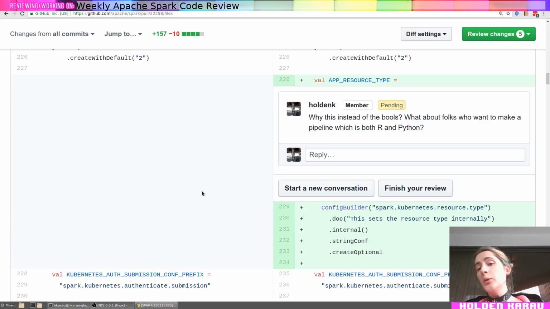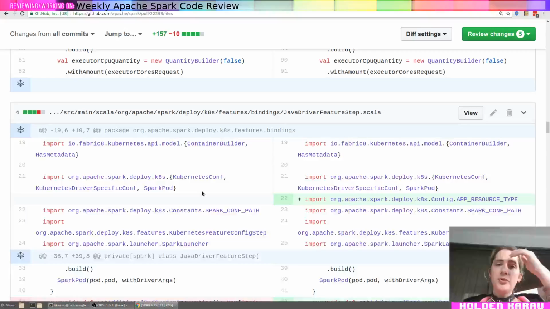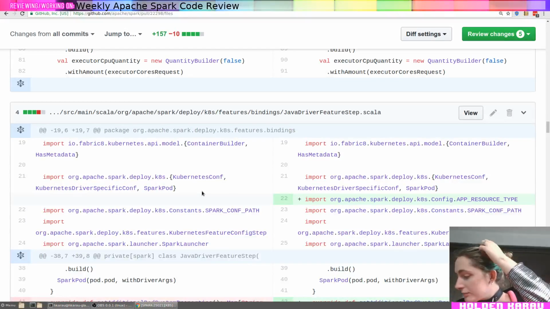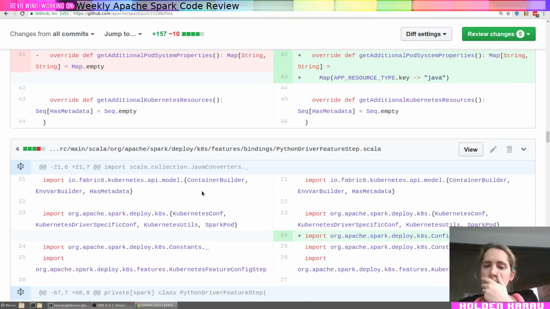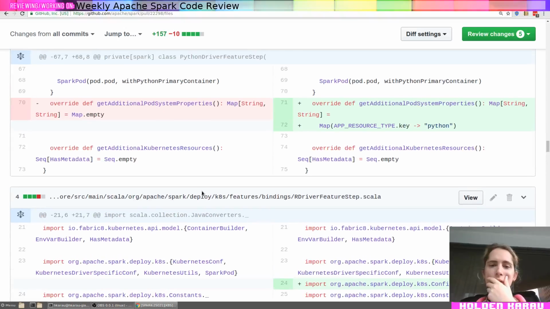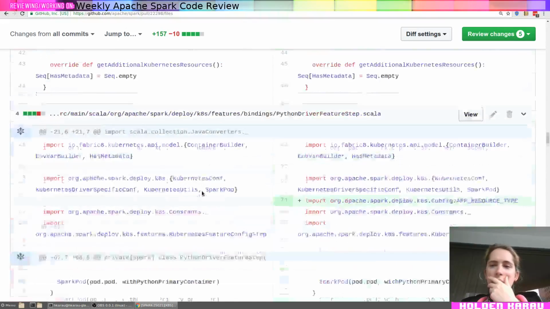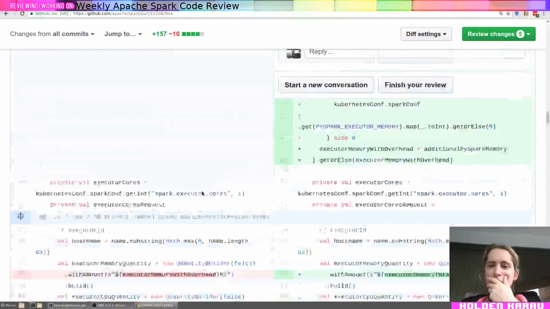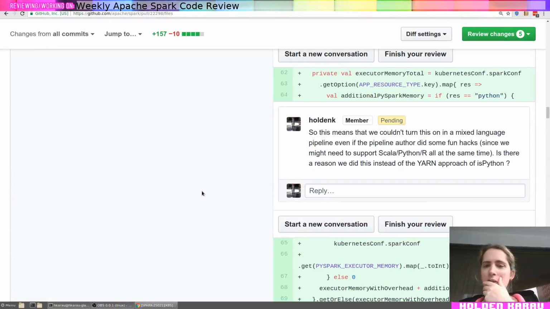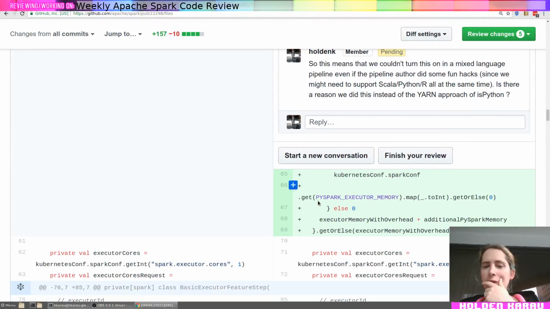Like, I will admit, the number of people who want to make a pipeline which is both R and Python at the same time is not that big, but still useful to think about. That being said, let's go and take a look at the logic here.